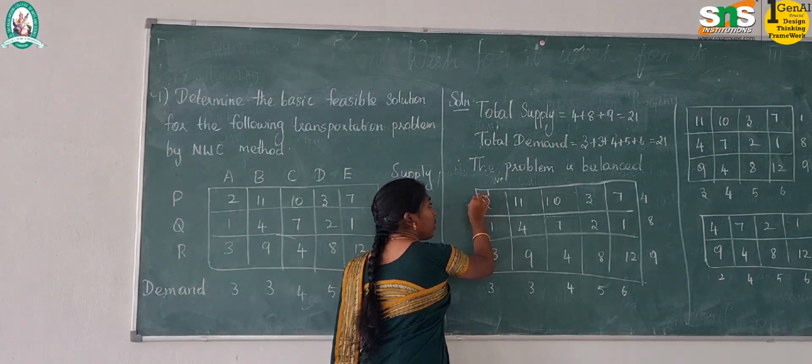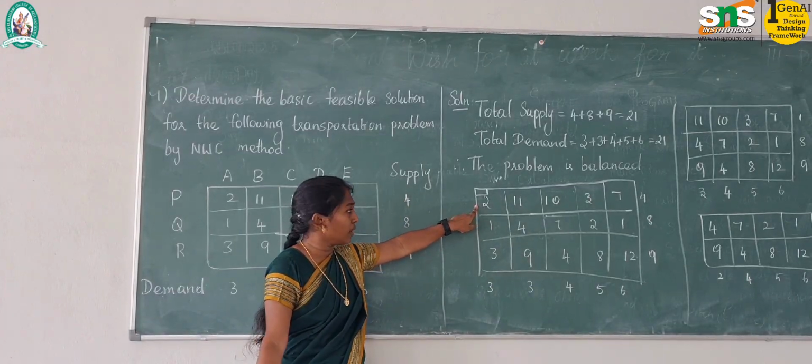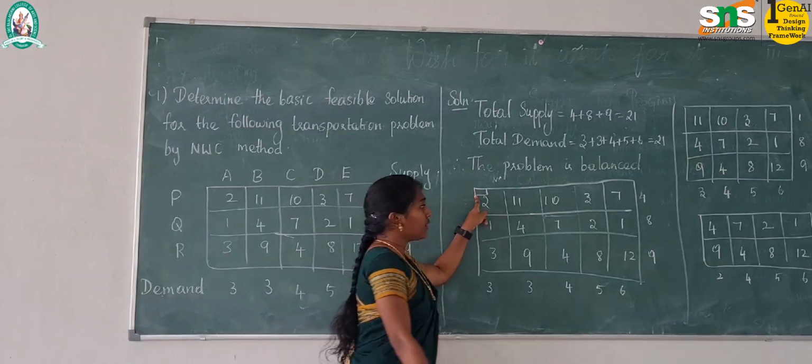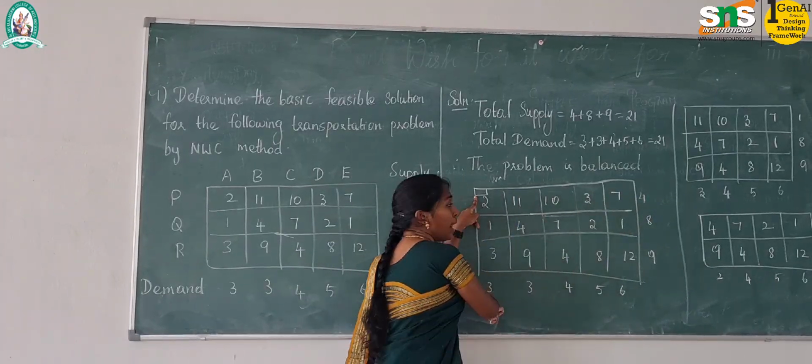First we are going to allocate that corner value in the given problem. Next we are going to compare both the values, that is 4 as well as 3. By comparing both the